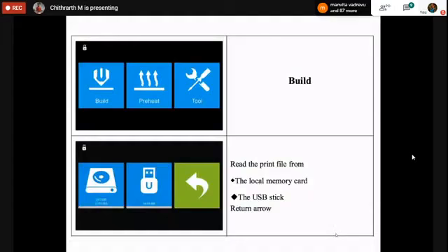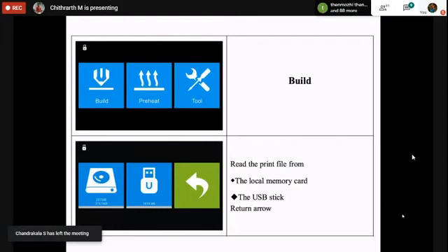Okay, so you could see you have a build option. Let me just quickly move this camera near the 3D printer. Basically, this particular machine has a touch HMI, which is a human machine interface, which means you could touch the machine to interact with it. You could choose different options and play with it.